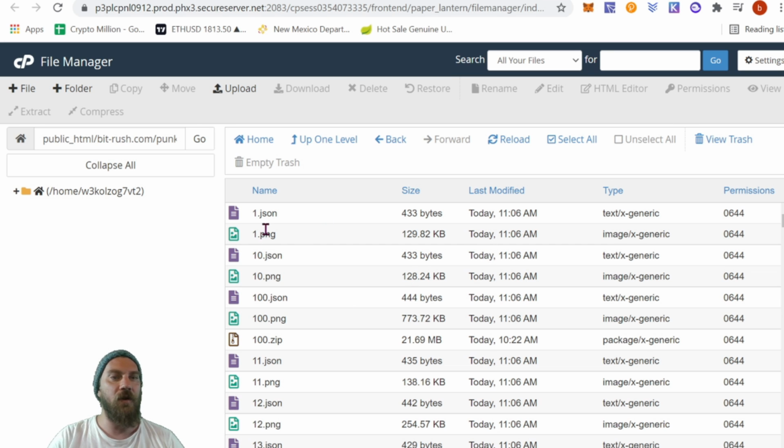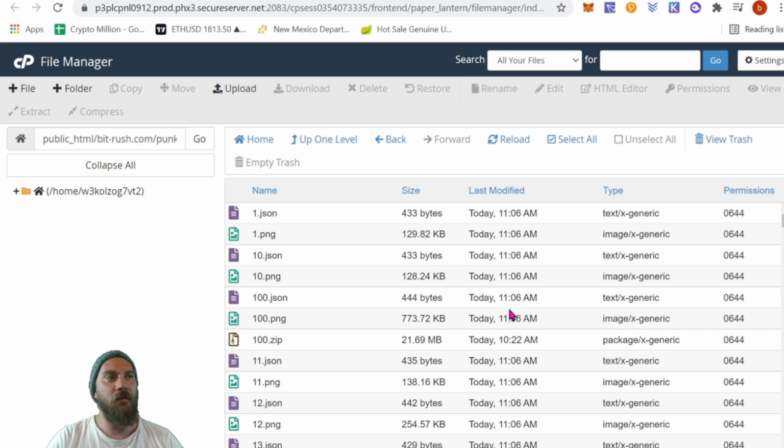So maybe they'll put like a holder, like their logo or whatever, as all these files, and it'll just say like not minted or whatever. Be like a moving GIF. A lot of people do some different stuff like that. And then after the mint has been completed, or after a certain number of hours, they upload the ones that have been minted. So there's a lot of different ways to handle that as well, guys.